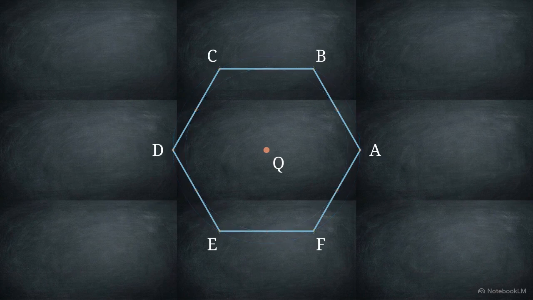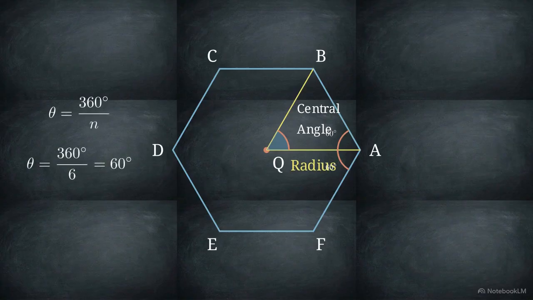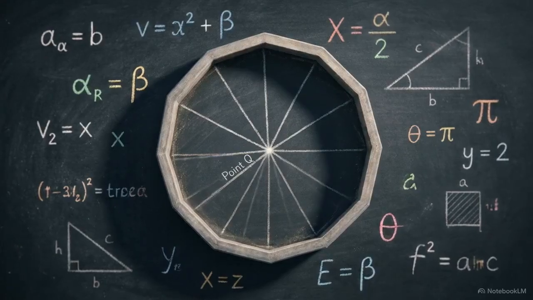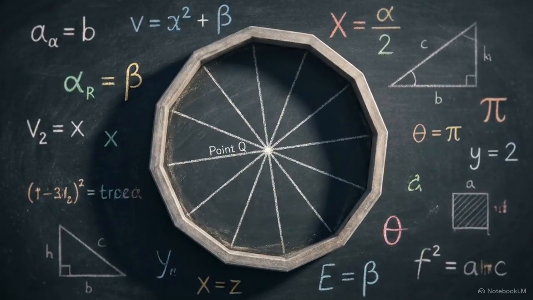A line segment drawn straight from point Q to vertex A is a radius of the regular polygon. When this radius connects to a vertex, it bisects the polygon's interior angle into 2 equal halves. Drawing a second consecutive radius from the center to vertex B forms a new angle at point Q. This is the central angle. To find the measure of any central angle, you divide 360 degrees by n, representing the total number of sides. The radius length and the central angle work together to dictate exactly how a regular polygon distributes its vertices in